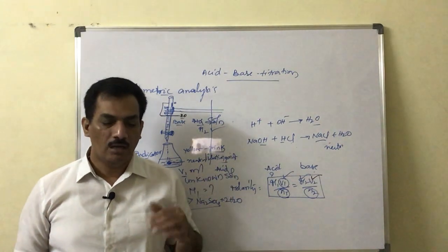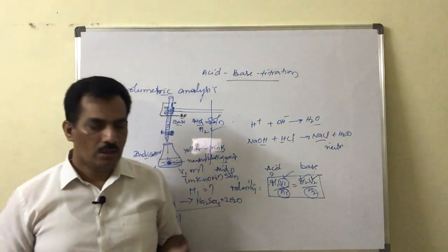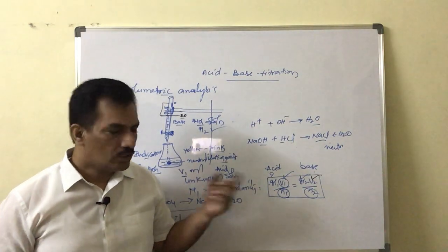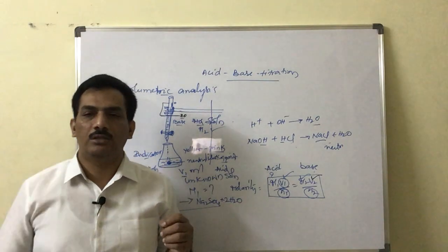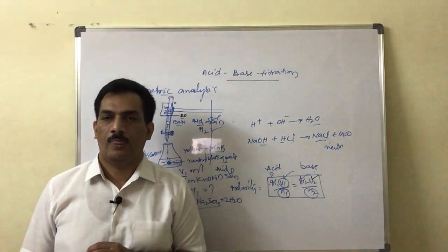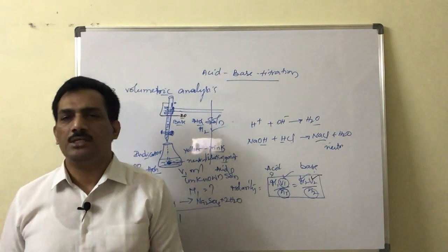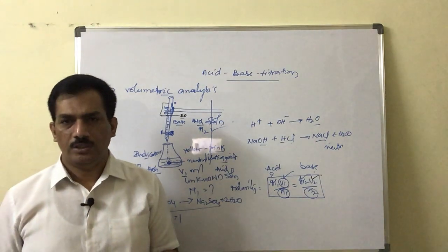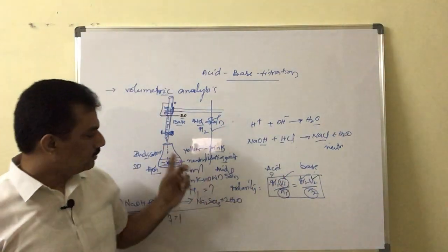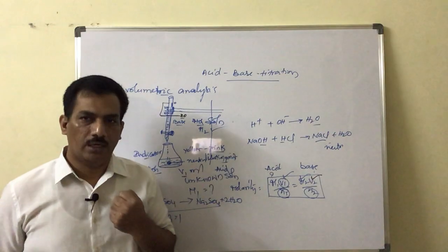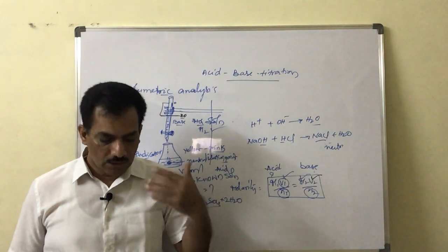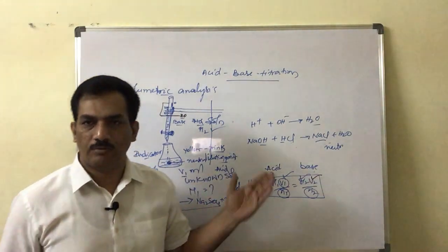I think now you got the idea how these titrations, that is acid base or redox titrations, are related to stoichiometry. When we are using the molarity concentration term to measure the unknown solution concentration, then we need to balance the equation. Balancing the equation is related to stoichiometry, is it not? So in balancing the equation we will get the N1, N2 values, and V1, that is the unknown solution volume we are taking, is known, and the molarity, that is the concentration of that solution, is the ultimate purpose of this experiment.